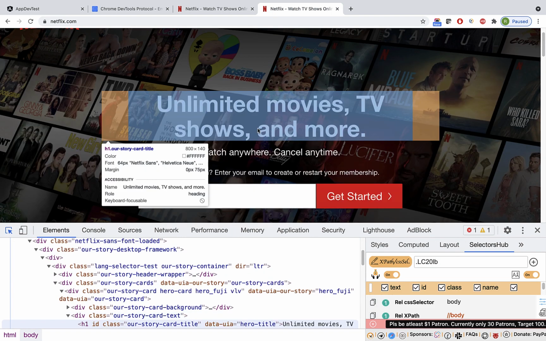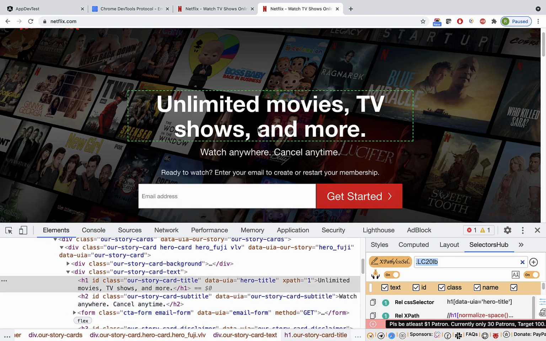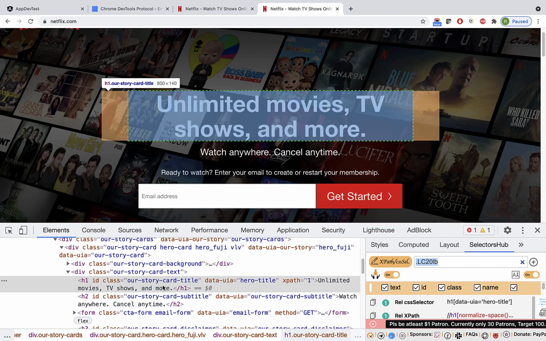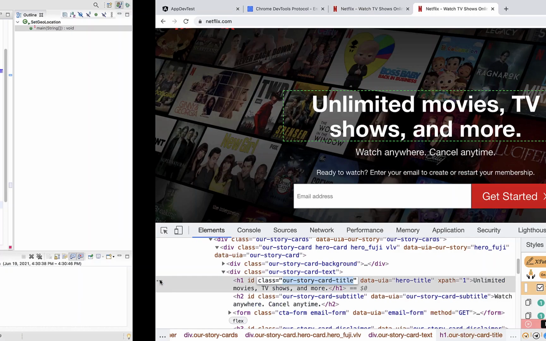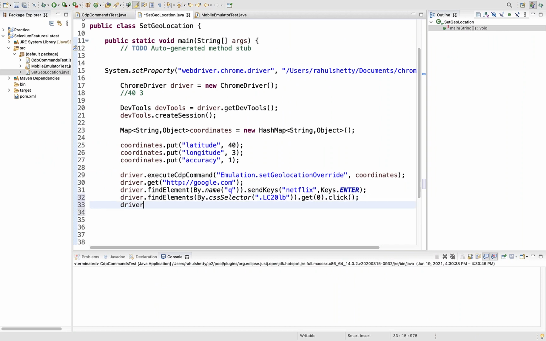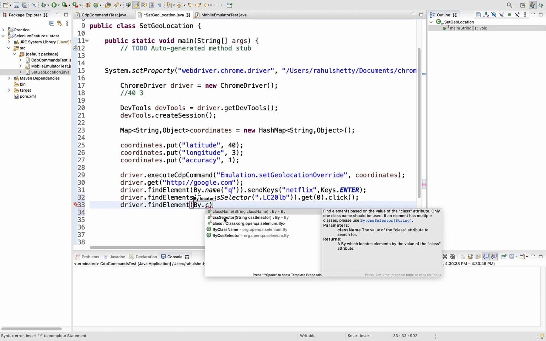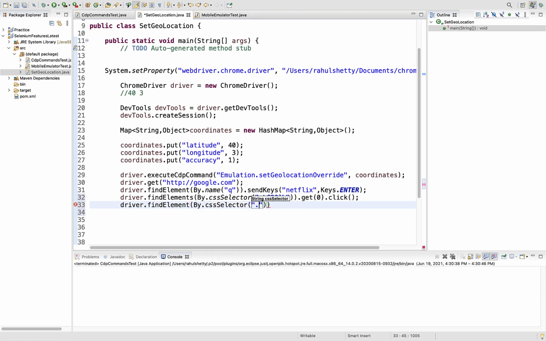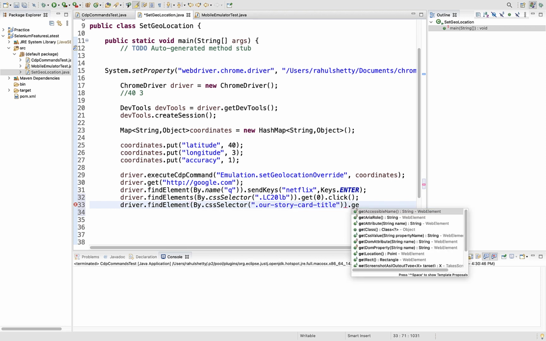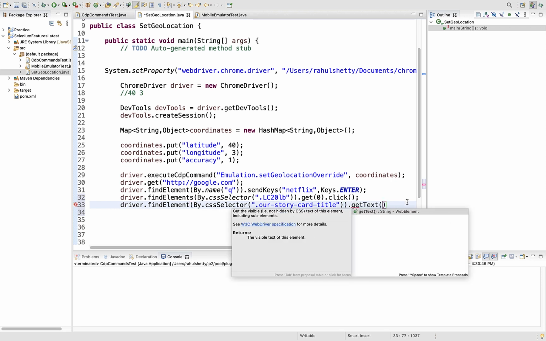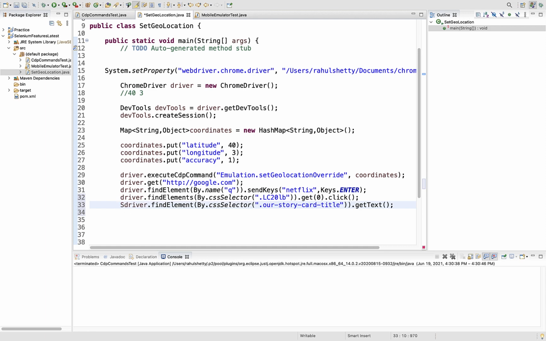Here I will get the text of this story card. I want to know this text. If you are logging in from India or the United States, you should see this English text. This is the class name for that text, right? So let me create CSS for that as well. Driver dot find element by dot cssSelector dot getText, String title equals to, and you can print this title.